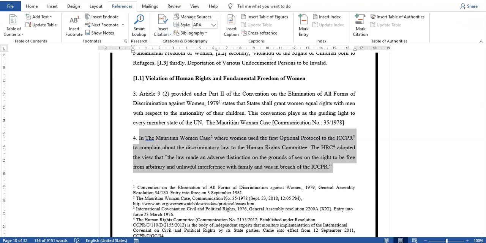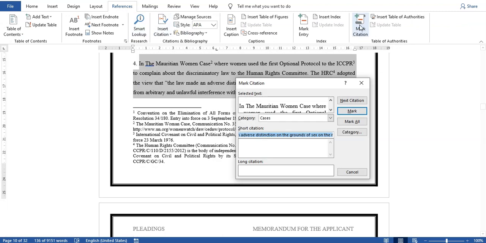go to references, under table of authorities, mark citation, and it is asking for the citation. So long citation, short citation.